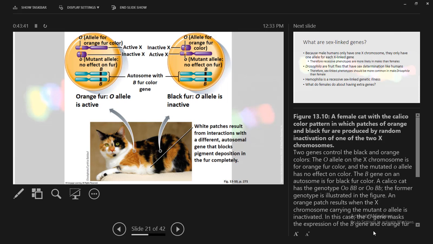Another good example, calico cats. So here's a calico cat, and the gene that codes for this pigment, either the orange or the black, is on the X chromosome. And so you only have female calico cats. You can get male calico cats, but only if the male actually has 2 X chromosomes and 1 Y. And it's very rare. And so wherever you see an orange patch, it's the X chromosome that had the black pigment got shut down. Wherever you see a black patch, the X chromosome that had the orange pigment got shut